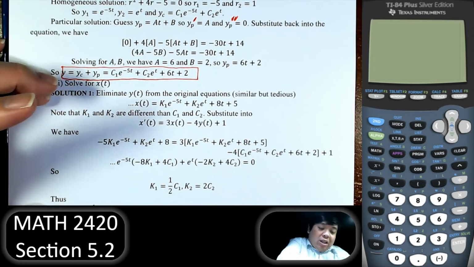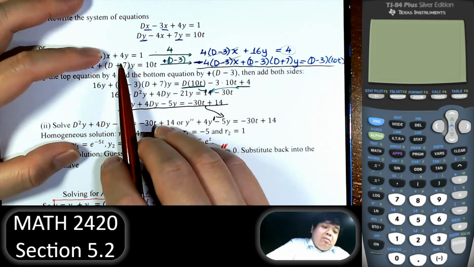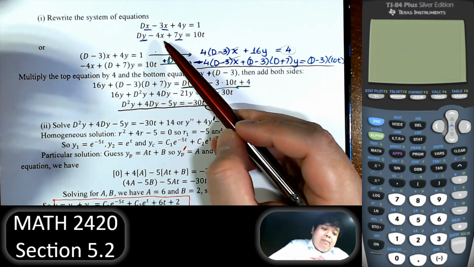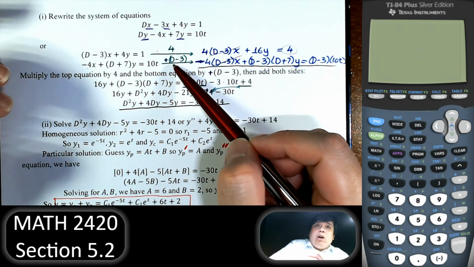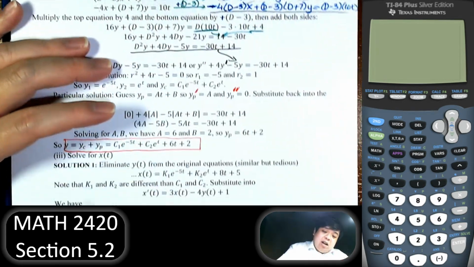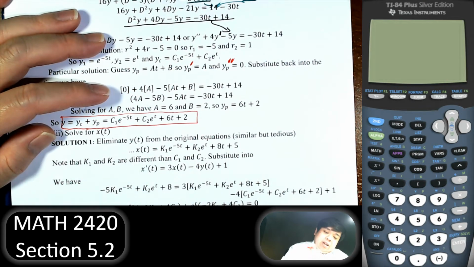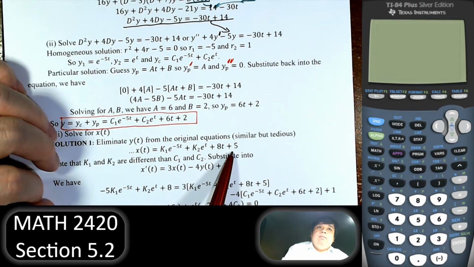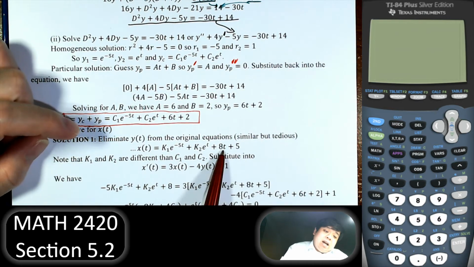The first one is elimination. So we do the same thing. Here, instead of eliminating x, we try to eliminate y. So we multiply by negative (D plus 7) on the top and 4 at the bottom. Something like that. Add side by side. And we'll do that, and we will have the function in this form. Yeah, it will take some time. And after that,